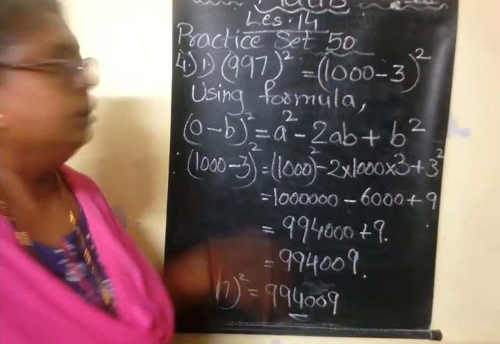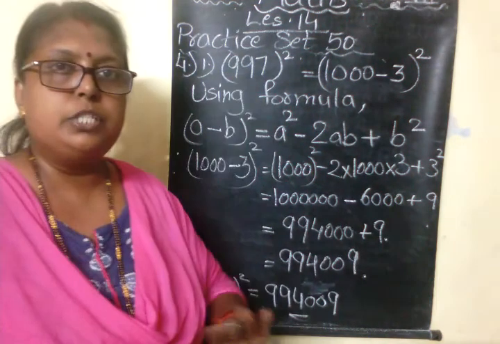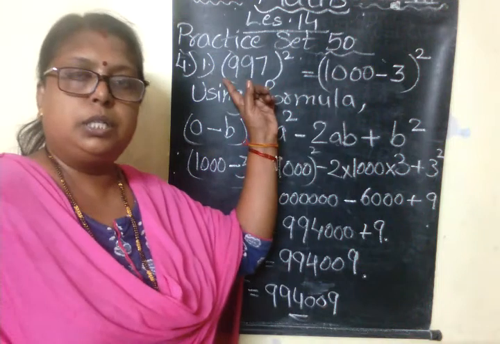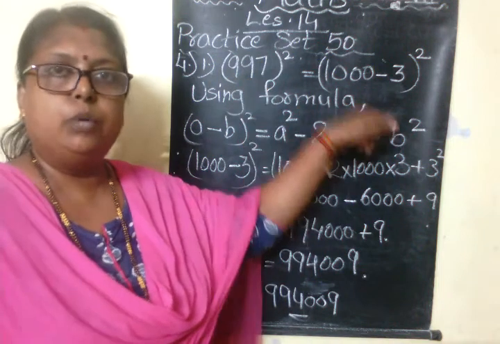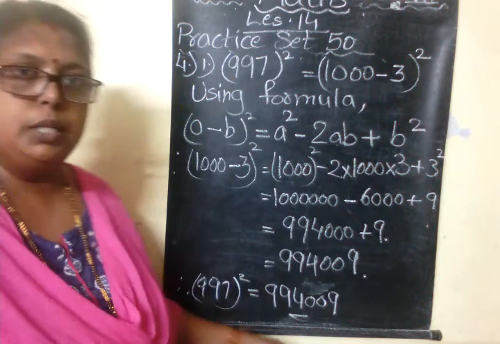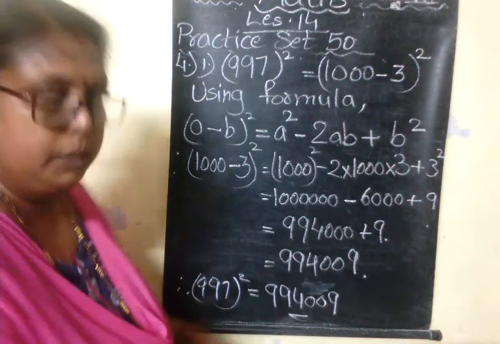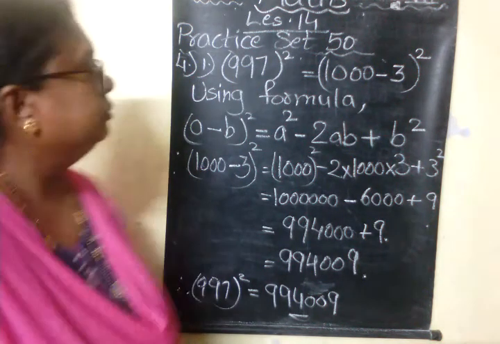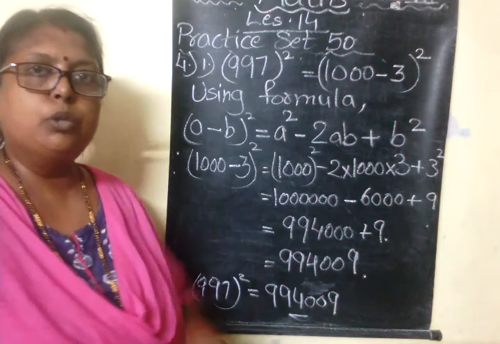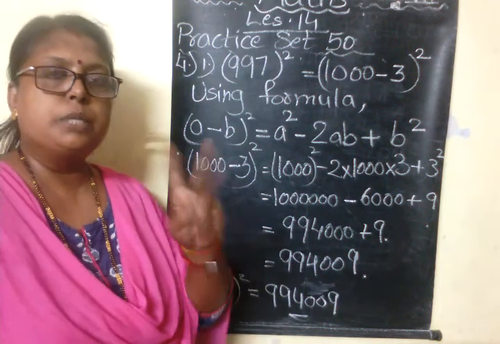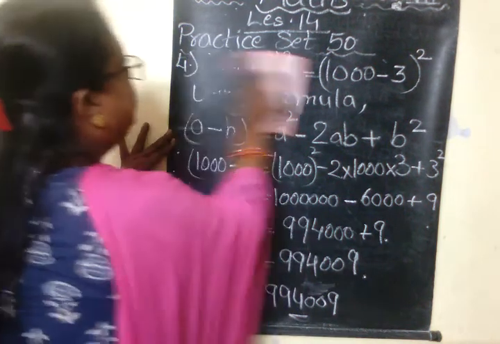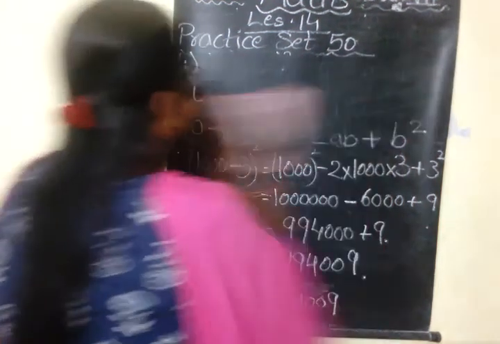Simple, understood? So you should approach the nearest tens, and accordingly change the given number into a binomial. In this way you have to solve the sum. Very simple. Did you take it down? Yes. Now I will do the fourth sum; the second and third sums you have to do as homework. So let me do the fourth sum now for you.